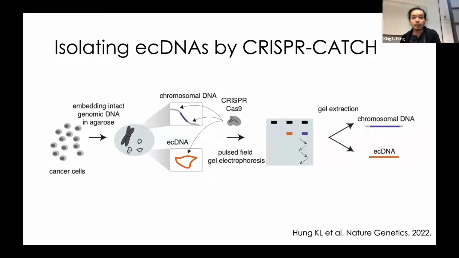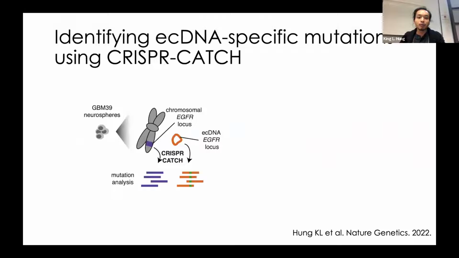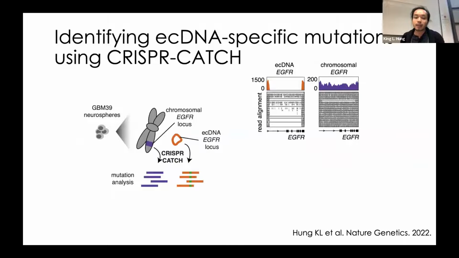Separately, we can also make two cuts outside of the amplified region, and this would isolate only the chromosomal DNA fragments, and we can directly compare the chromosomal DNA to the ecDNA within the same sample this way. So using this method, we first did short read sequencing to look at mutations that may be present on ecDNA compared to chromosomal DNA. In this sample from a glioblastoma tumor, what we found was that there's an activating deletion